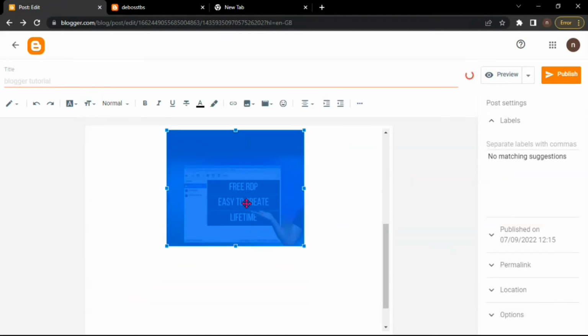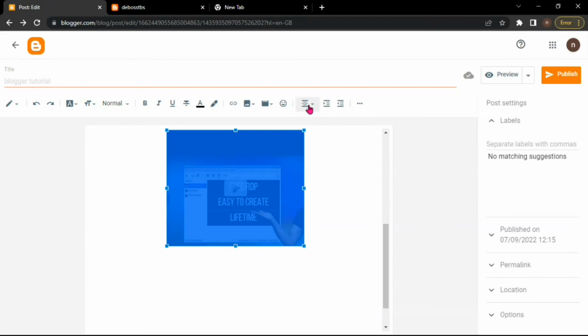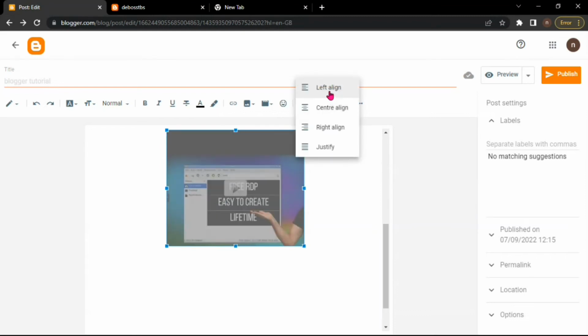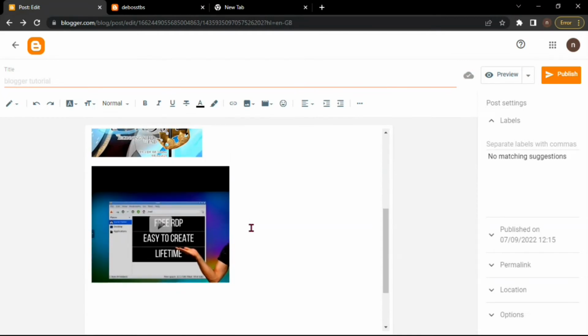Now as you can see, for the video it doesn't show you the alignment, so in order for you to move your video, you can select it and select here, select left alignment, or you can put it in any other alignment, and then